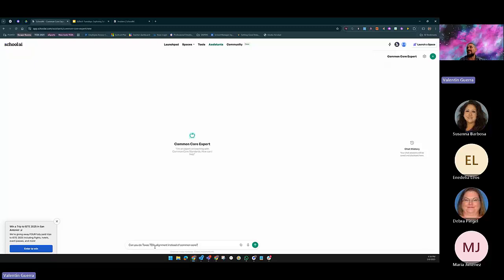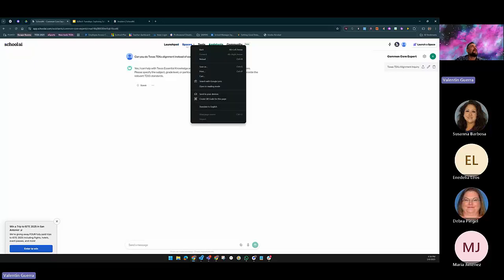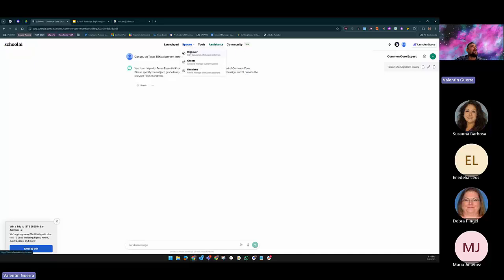My question is because I know that when you're creating spaces, you can select which TEKS to align it to instead of having to type it. But I want to make sure that this expert does align to TEKS, and if not, then we won't use it. Yeah, it says, yes, I can help with the TEKS alignment instead of Common Core. Specify the subject and grade level or particular learning objective you want to align, and I'll provide the relevant TEKS standards. Super cool. Now, I'm going to go into Spaces and click on Discover,